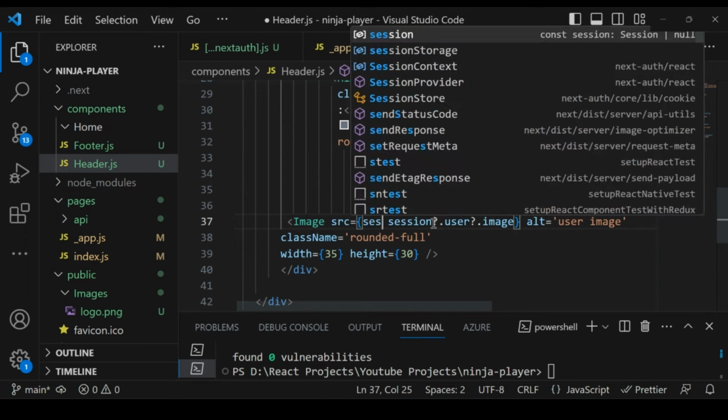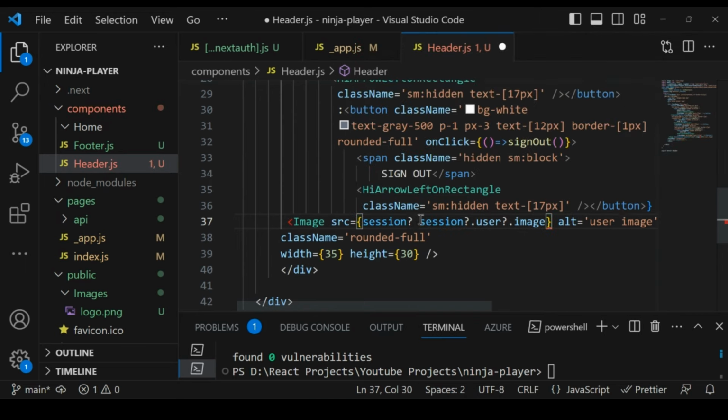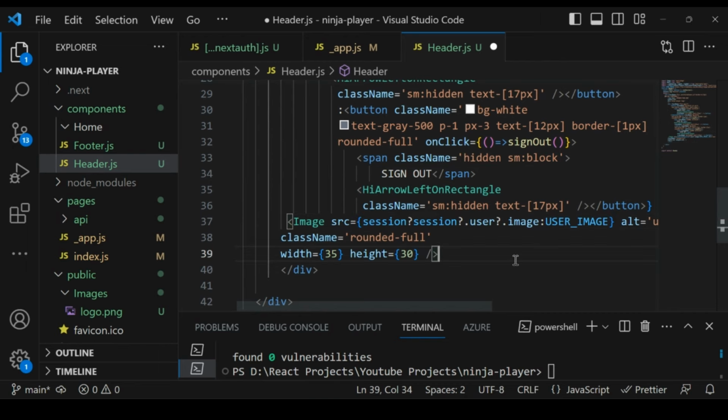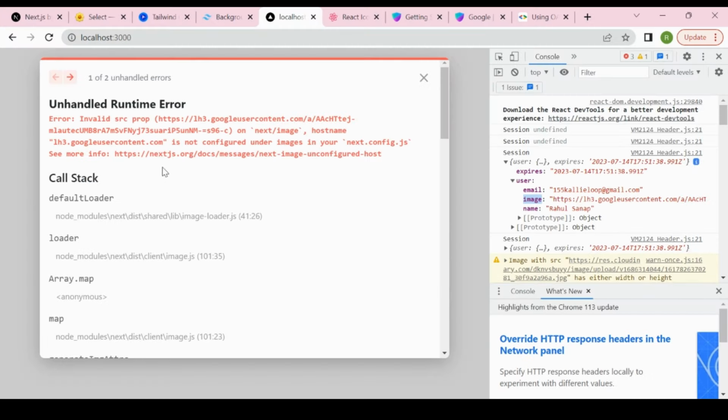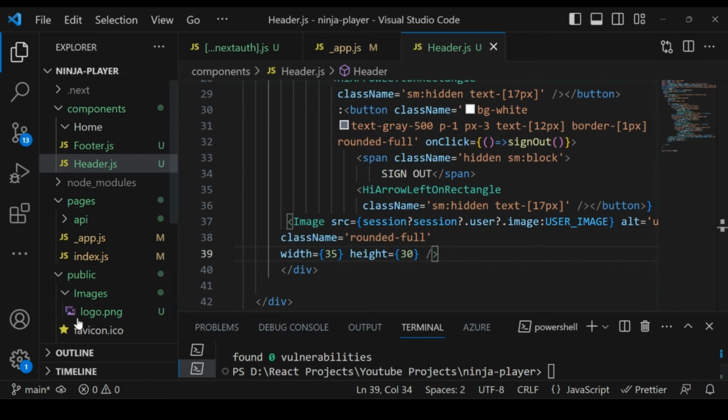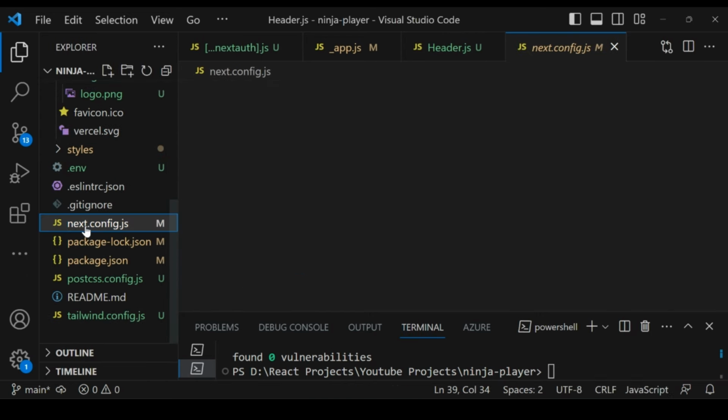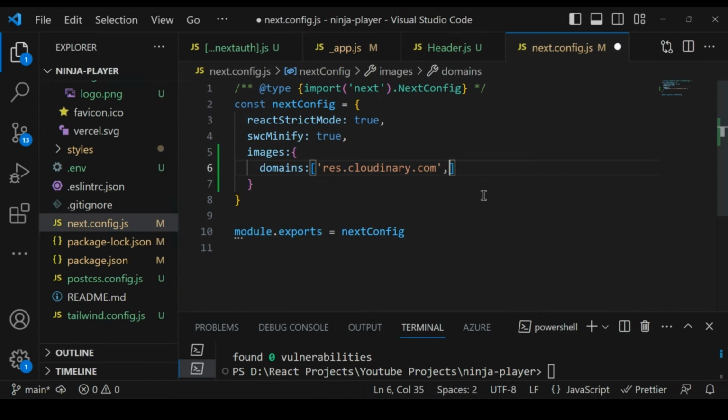I will write one more condition: if session is available, then show this image, otherwise show the default user image. Perfect, and then save it. Now as soon as I save it, I got the error that this host name is not configured. So copy this host name, and make sure you add it in your next config.js file, inside this domains,